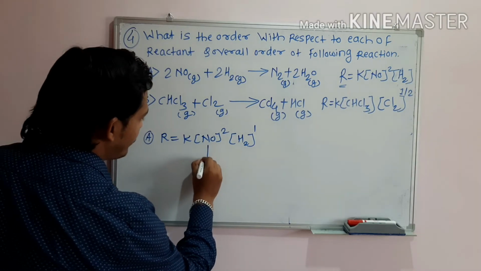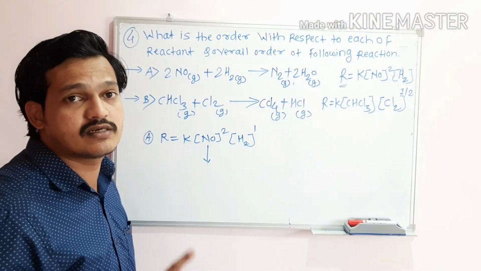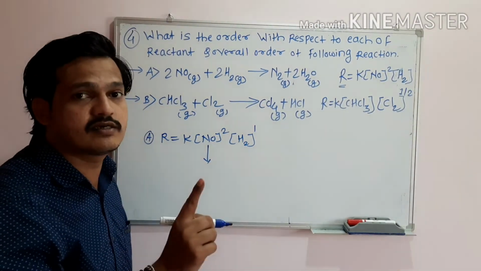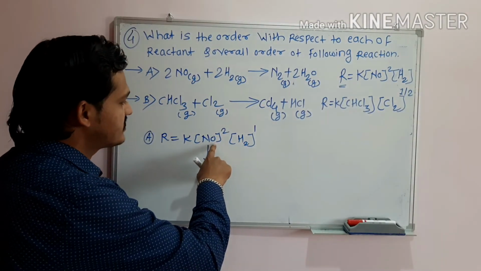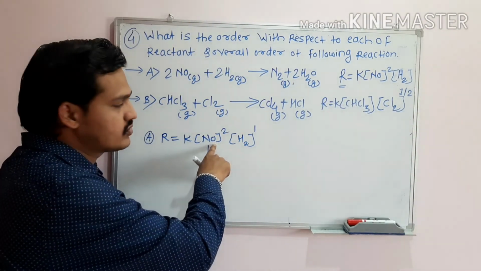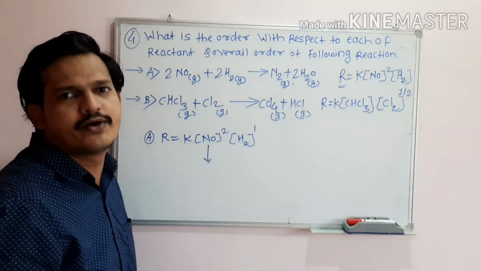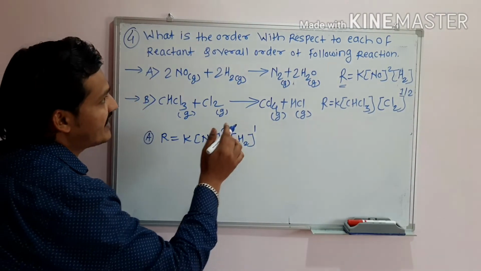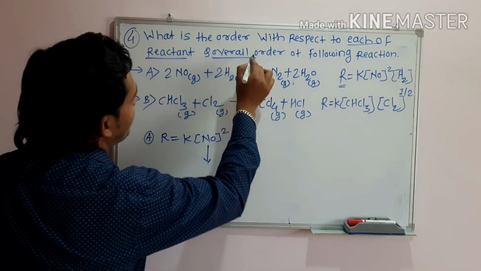So what we have to write here? What is the definition of order of reaction? Order of reaction means sum of power of concentration of reactant. रिएक्टंटचं कॉन्सन्ट्रेशन स्क्वेअर ब्रॅकेट मध्ये दाखवतो, त्यांच्या पॉवरची बेरीज म्हणजे ऑर्डर ऑफ रिएक्शन. ओके, आता आपल्याला काय लिहायचं, ईच ऑफ रिएक्टंट. प्रत्येक रिएक्टंटची ऑर्डर आणि ओव्हरऑल ऑर्डर.